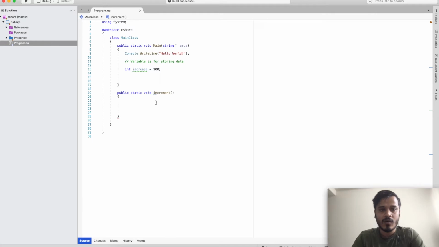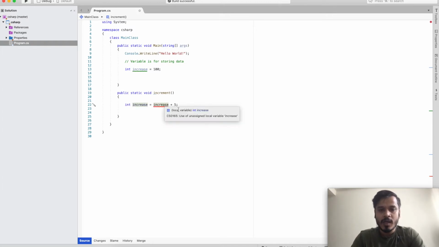And here what I will do, I will just use this variable increase, and this increase will keep on incrementing plus 5 every time I am calling this function anywhere. So as we can see, we can use int increase.